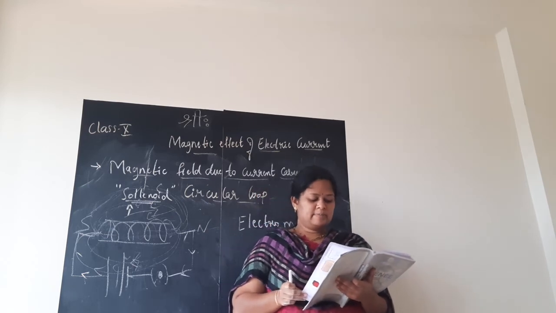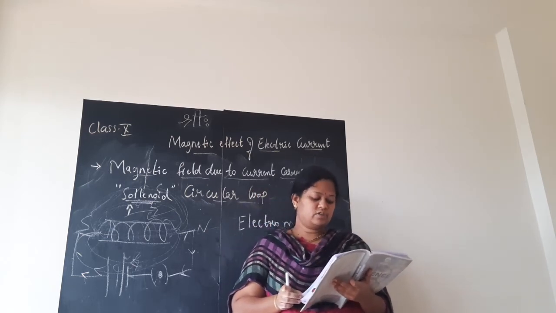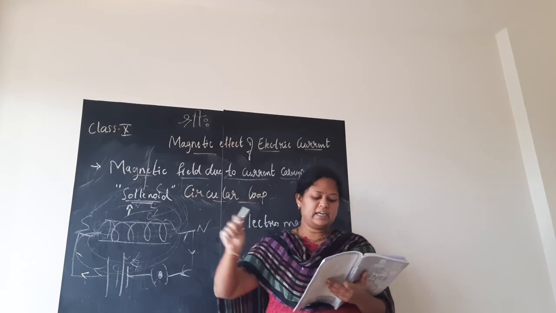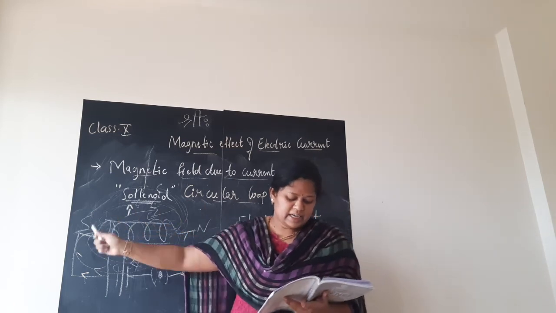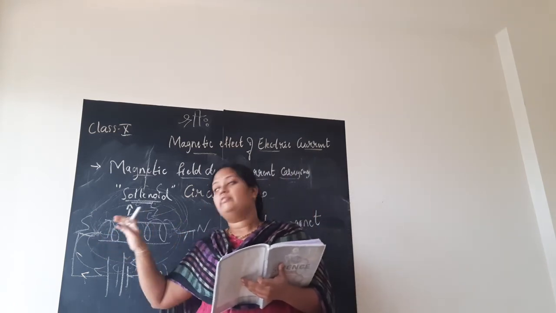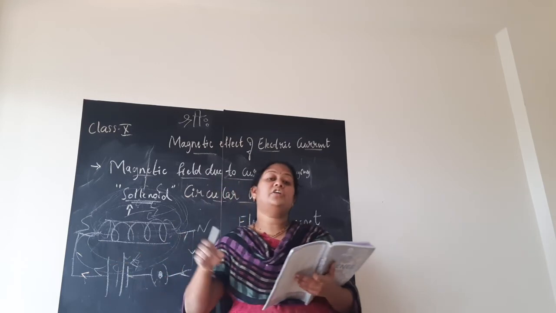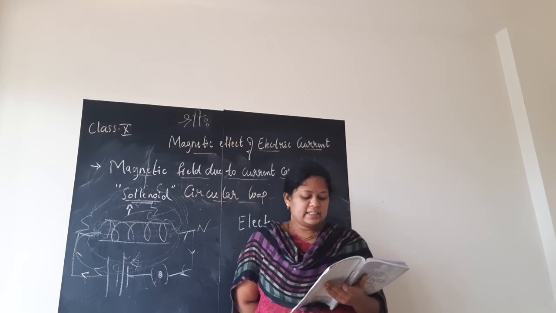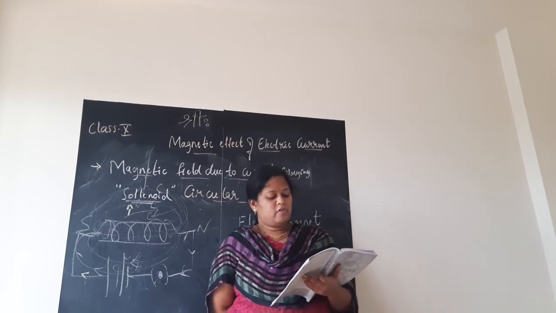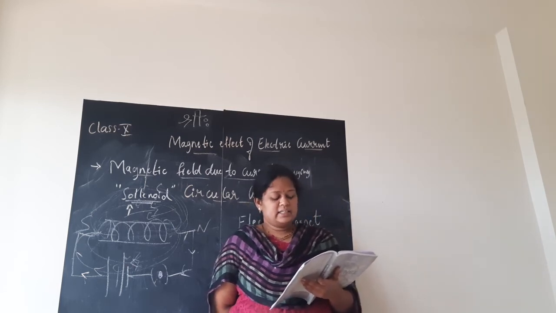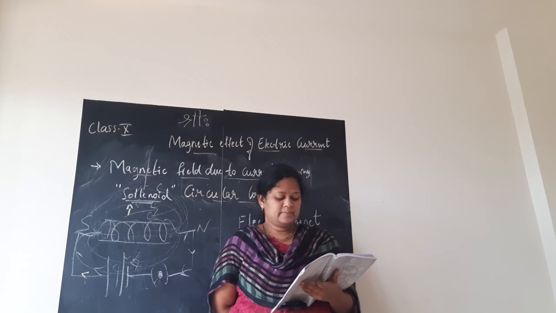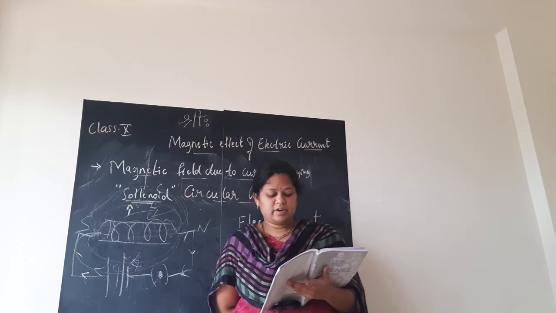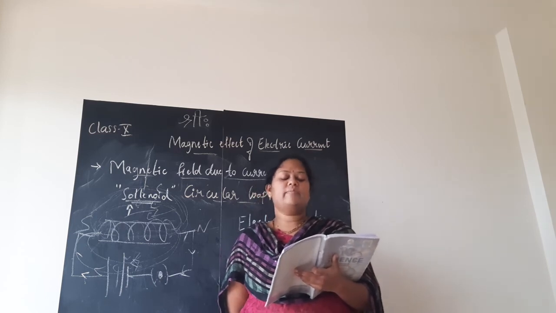Yes, they are similar. In fact, one end of the solenoid behaves as the magnetic north pole while the other end behaves as the magnetic south pole. We understood that, and we studied how to mention north and south by the right hand thumb rule. The field lines inside the solenoid are in the form of parallel straight lines. This indicates that the magnetic field is the same at all the points inside the solenoid. That is, the field is uniform inside the solenoid.